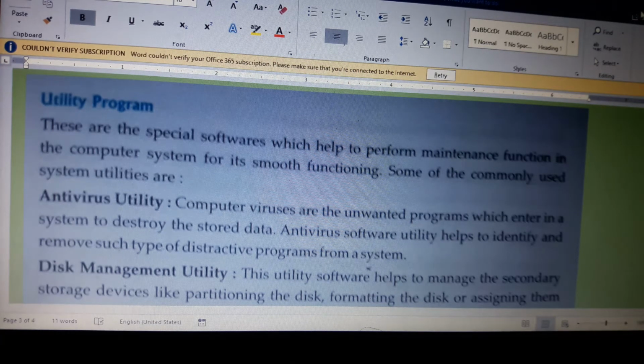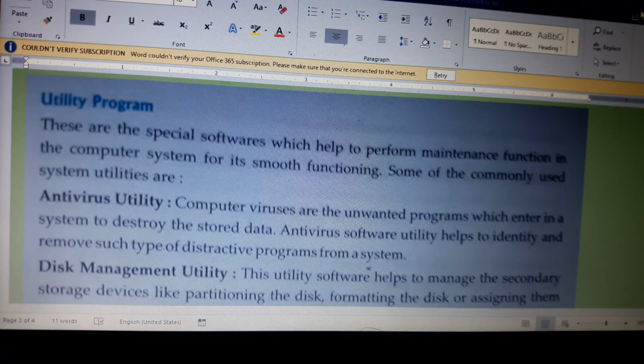This utility helps to recover useful data in case of any damage or accidental loss. So you can get the backup file, or suppose by mistake you have deleted any file, it will land in the recycle bin. From the recycle bin you can restore it to your own location where it was.